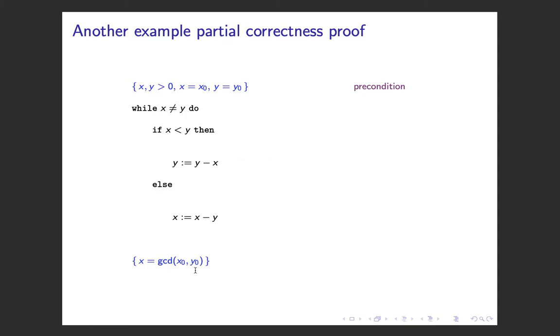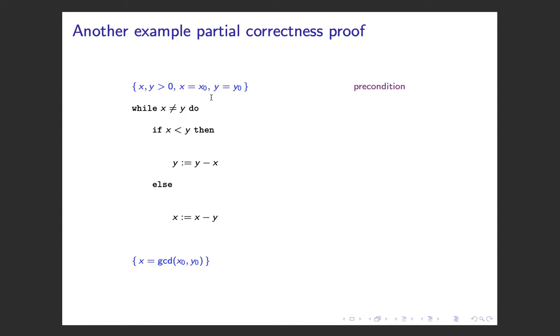So just like last week, we're in a situation where the program changes the values of x and y. So in order to refer in the postcondition to the original values of x and y, we need to introduce some additional variables called either logical variables or auxiliary variables, or sometimes ghost variables. And